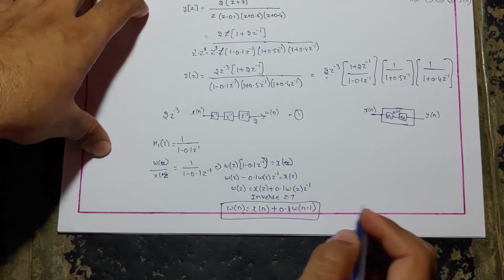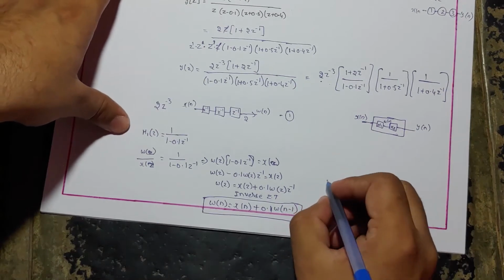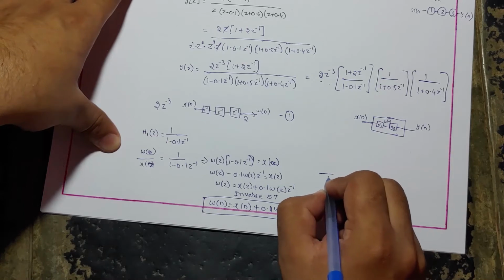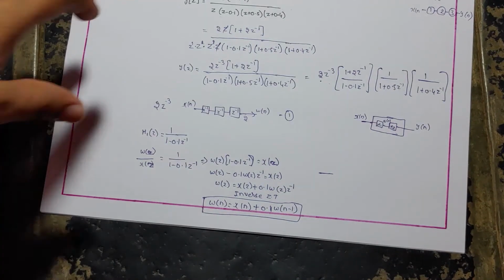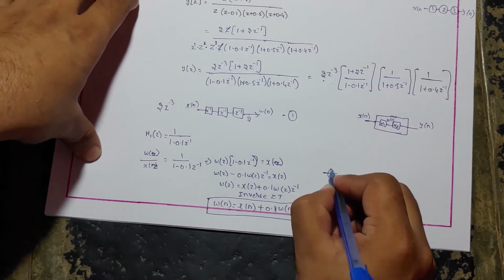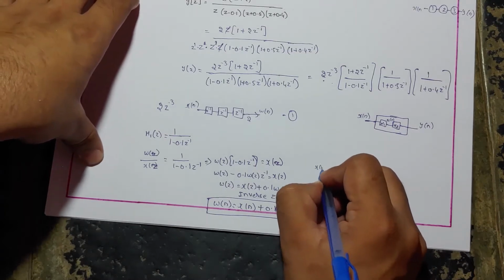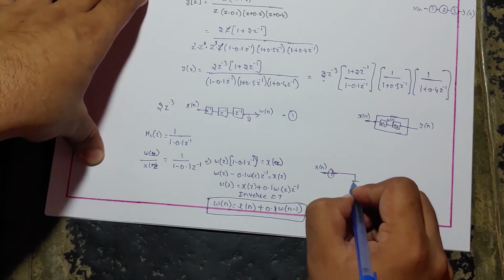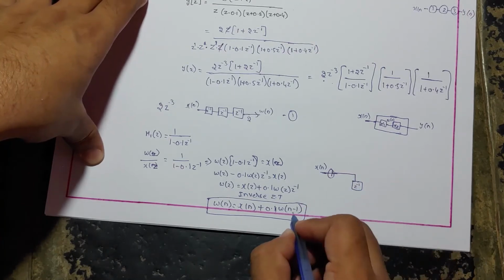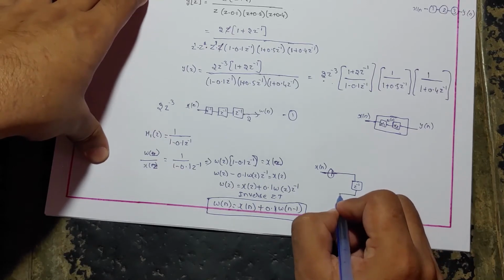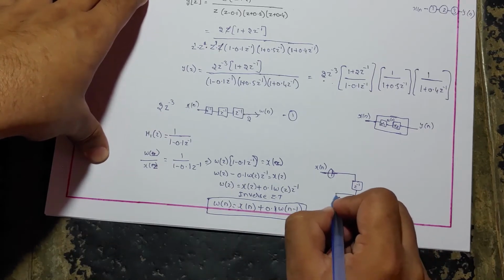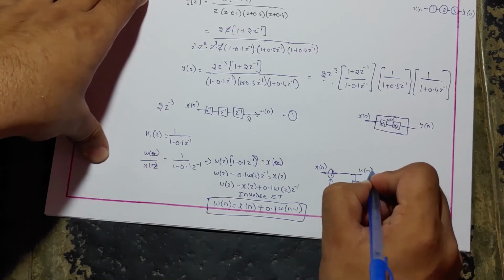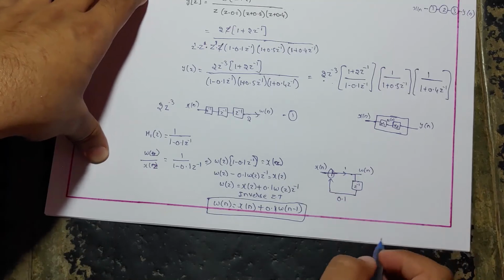This is h1 of z. Let us realize it. That is, with an adder element here gives the x of n, and the output element is multiplied by a delay element with a delay 1, and the delay element output is multiplied by 0.1 and added to the previous function, which gives w of n as an output with a constant 1.